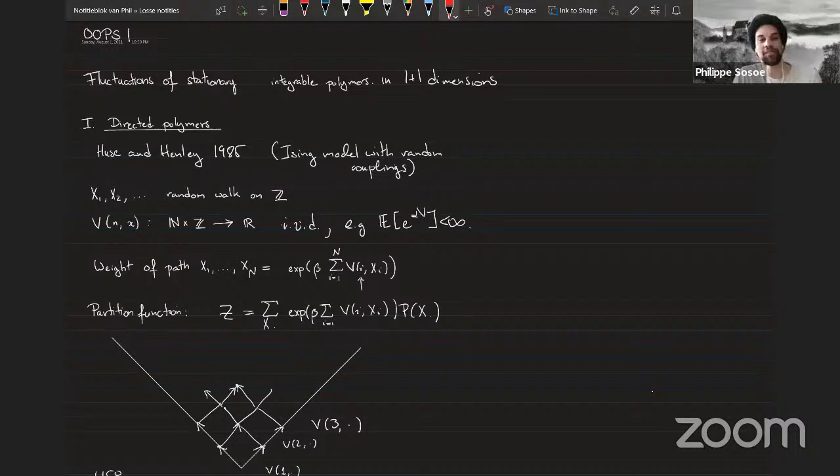Thanks everybody for coming. Thanks for the invitation. I'm going to be discussing fluctuations of stationary integrable polymers in 1+1 dimensions. In this first lecture, I'll talk about a very specific model, the semidiscrete model that was introduced by O'Connell and Yor. And I will use this model to illustrate a method to get some bounds on fluctuation exponents